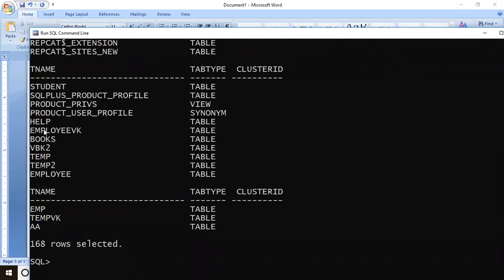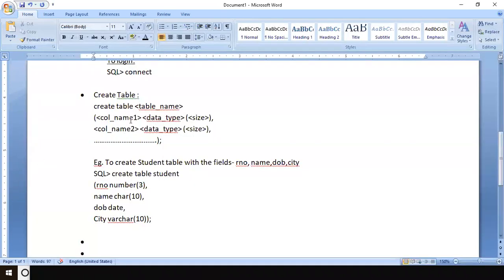Fine. So what I'm going to do here is, instead of student, I will create a table as student2. Otherwise, okay, let me delete the table from here.